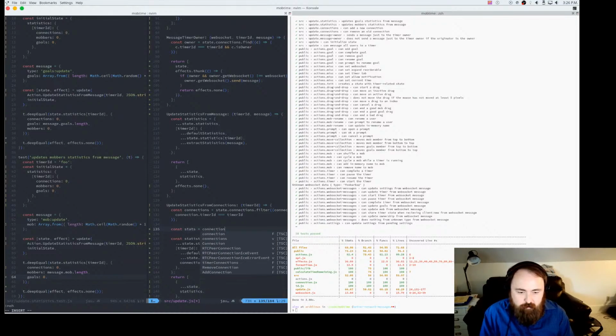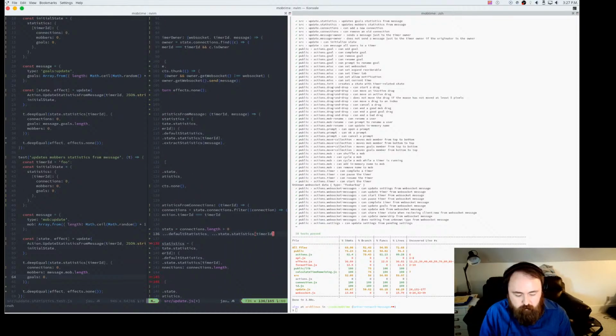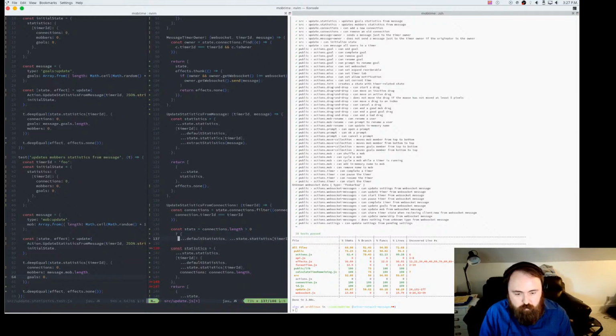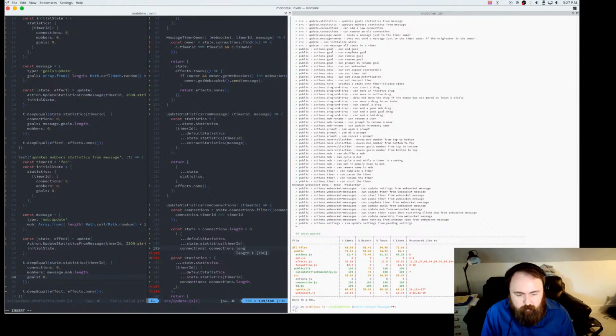So if connections length is greater than 0, then we know it ends up being something like default and what was previously there. So this is going to be multi-line for sure. And then connections will be connections.length.